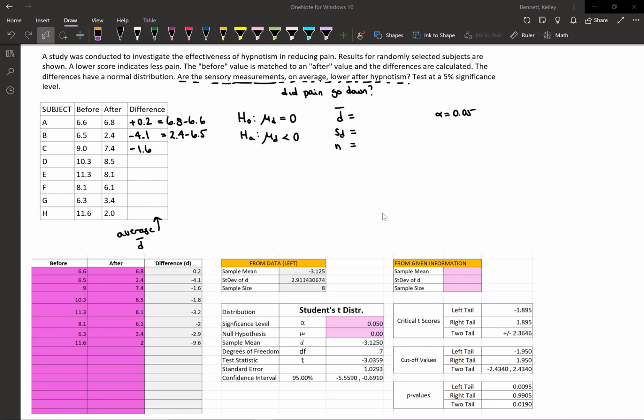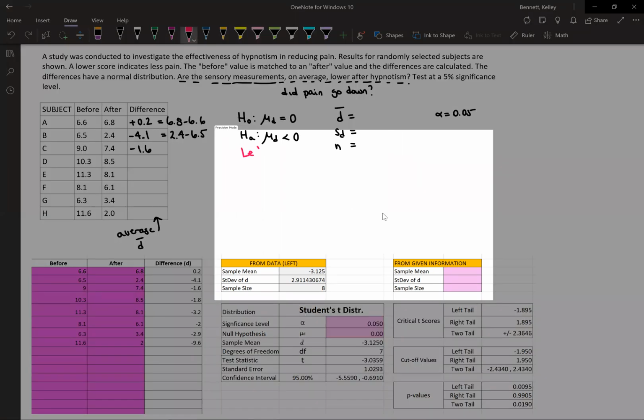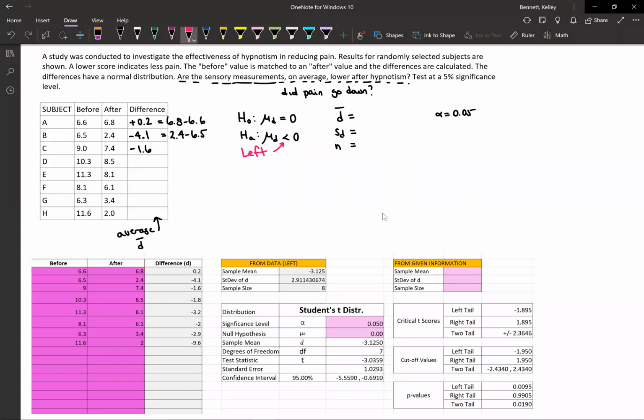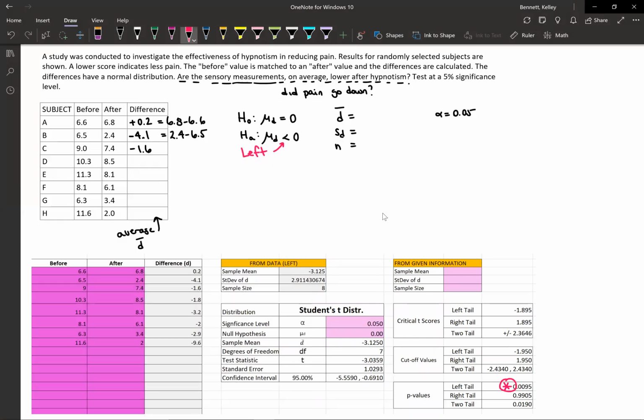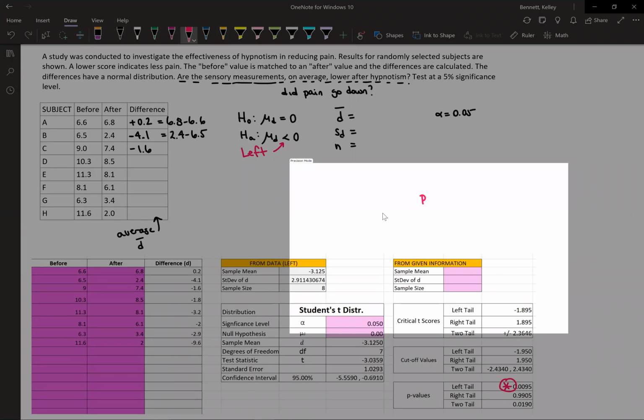So now that I have everything here, I have my 5% alpha, I have my null hypothesis of 0, I have my raw data, my sample values with standard deviation and sample size, and I know I'm using a left-tailed test. And that's how I'm going to decide on what p-value I'm going to use. So my p-value is